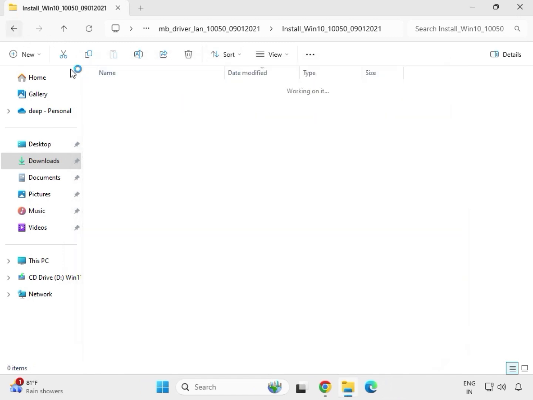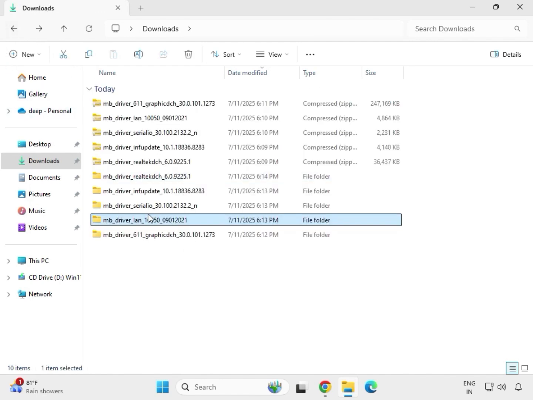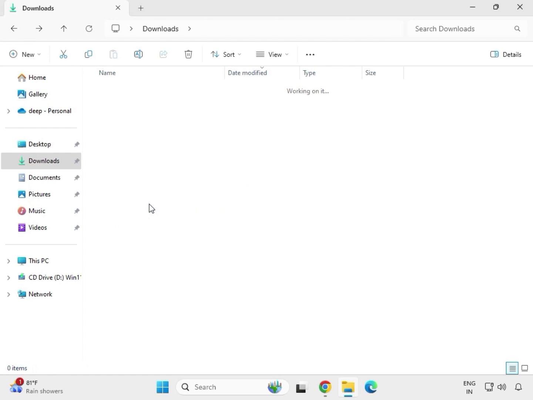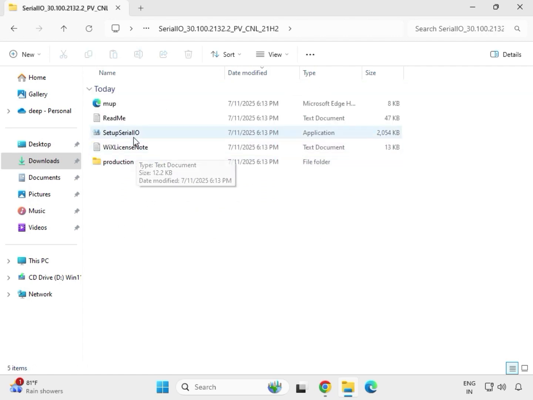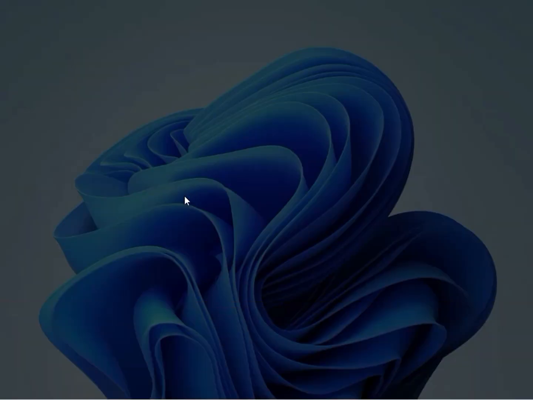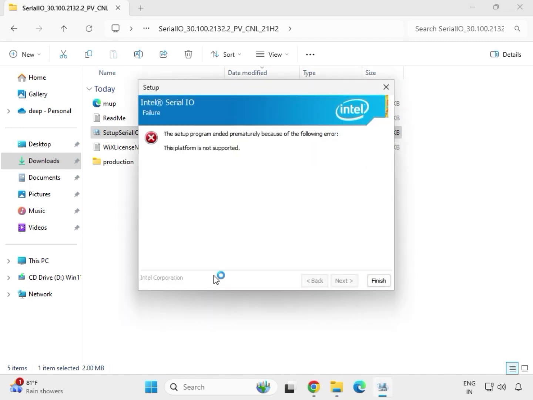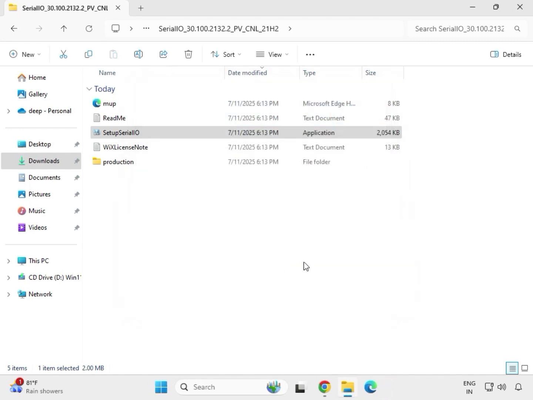Then back, then serial, meaning the chipset driver. So find the setup, just right click to run as administrator, then click on yes. Then finish, next to install. Okay,